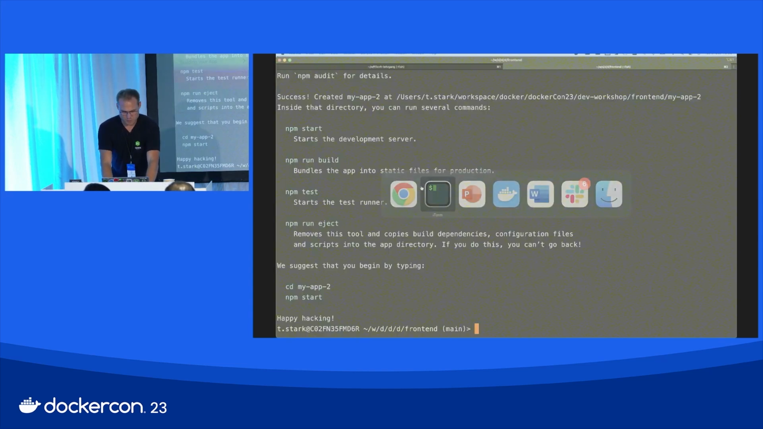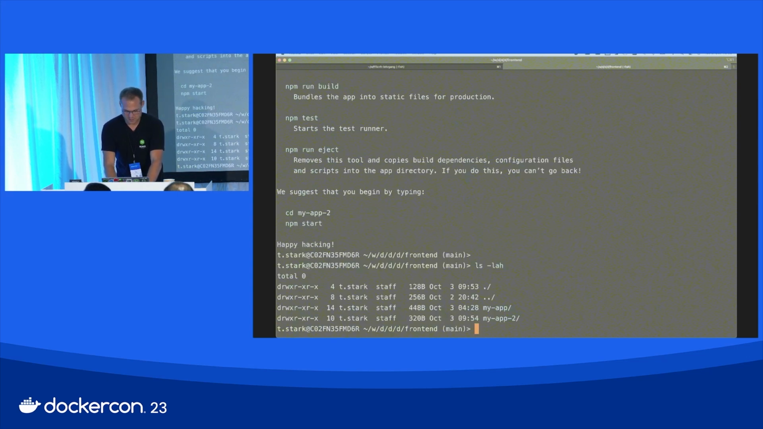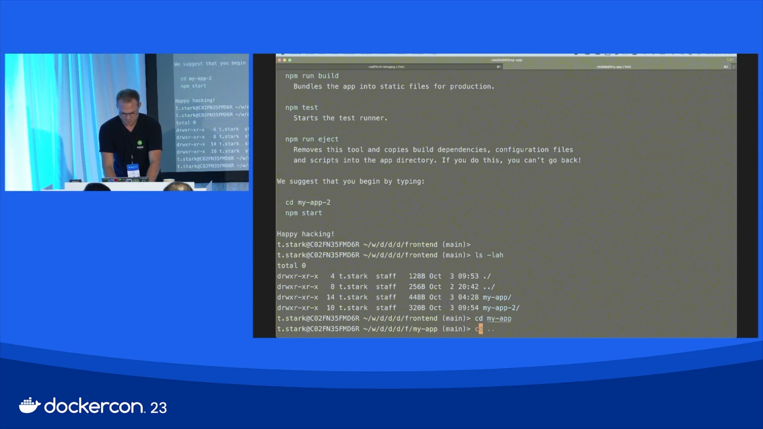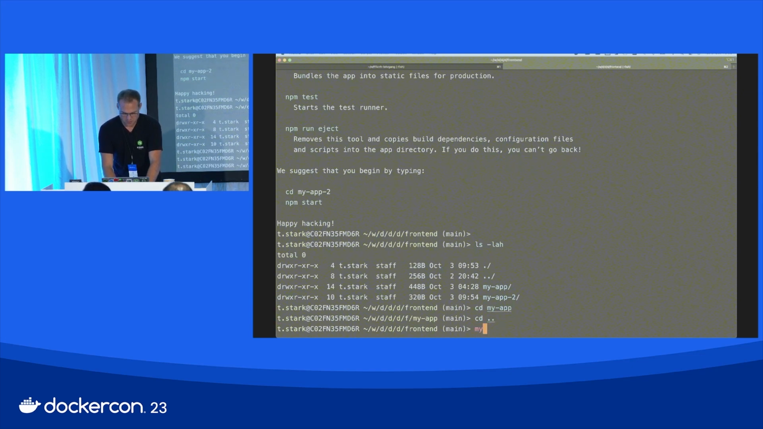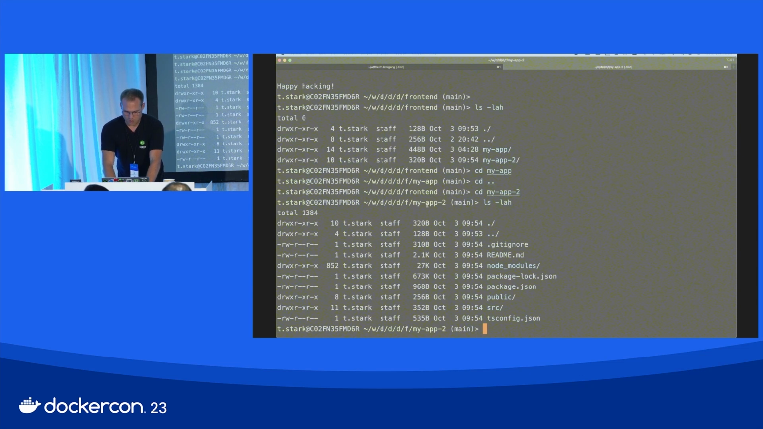All right, so this was about the React app. That has actually nothing to do with Docker at all, but it's super important. Okay, so then we have now my-app-2. So we have node_modules, we have README, we have a package.json, we have public, src, tsconfig, whatever. So next thing is basically, if we would like to see what this front end looks like,